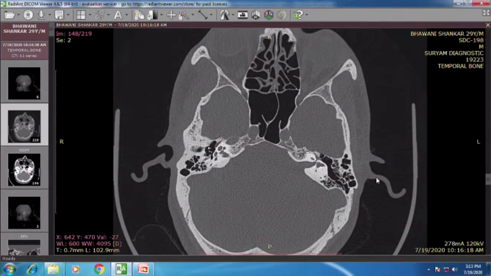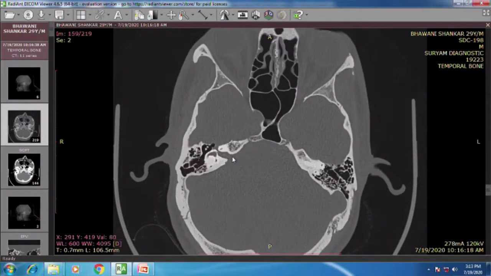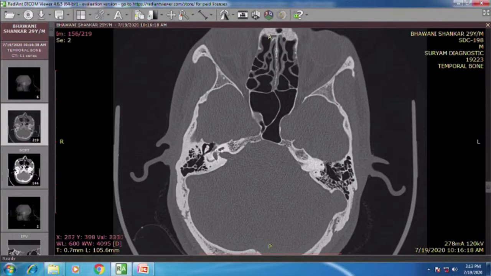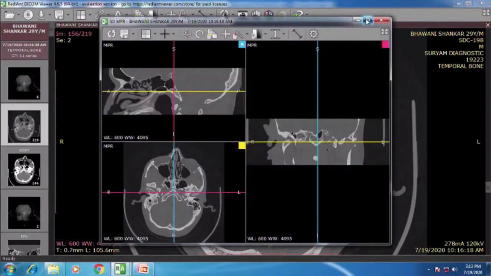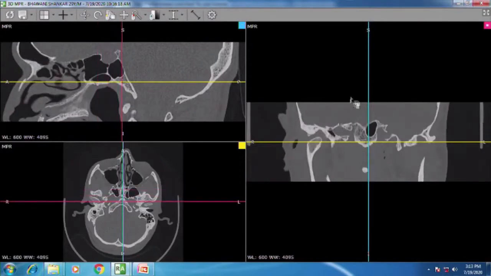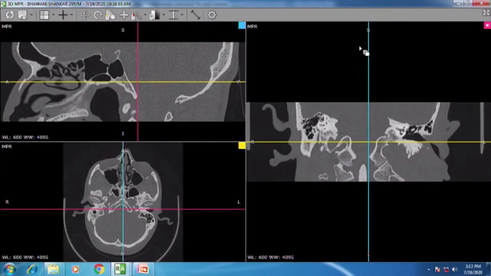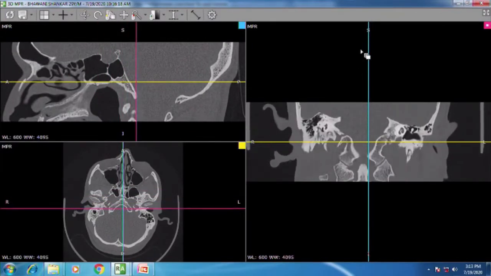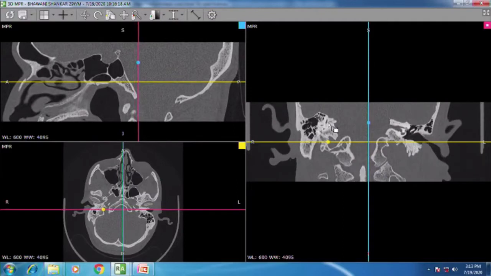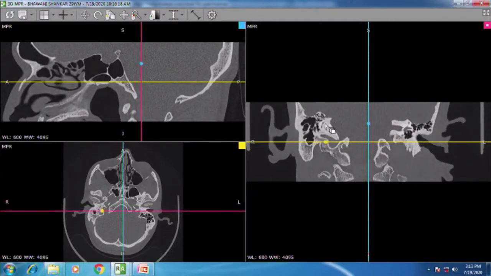So what all to be seen quickly related to this patient? I am coming from above. This is my semicircular canal, superior canal. I want to rule out all third window lesions. So what will I see on this? This is my vestibule here. See this? And this is the superior canal. Follow the superior canal, good. Follow the superior canal.